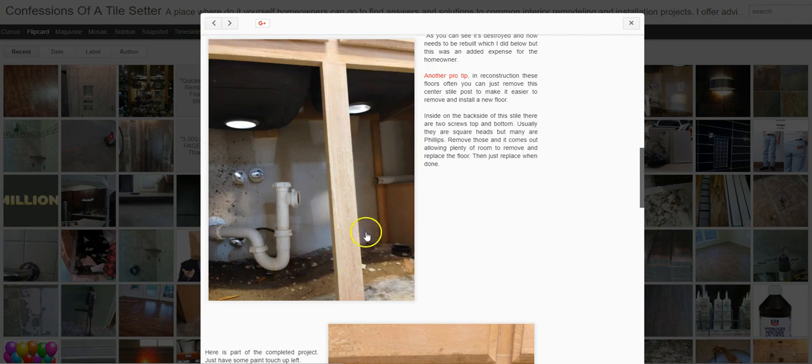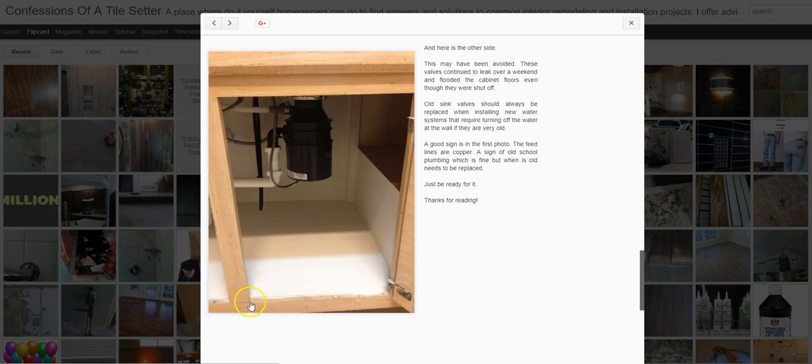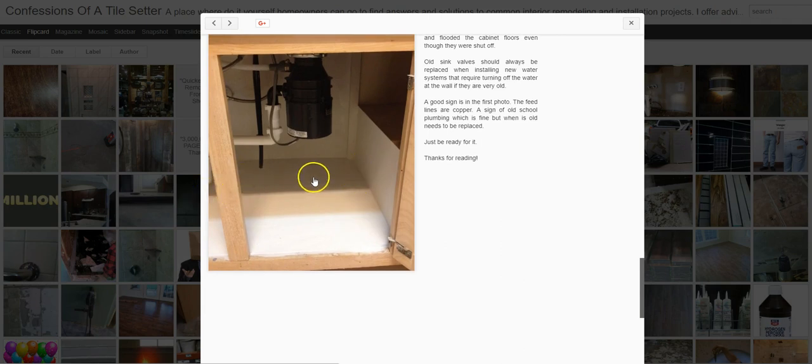So anyway, to replace the bottom of this, like I said, it's not that difficult. What you can do is remove this stile in the middle here, back behind this stile on the inside of the counter. There are two screws, one right beside each other. They've got a square head on them, and they screw into this top piece. Okay, this top member here. And down at the bottom, right here, there are two screws that go in the bottom. So you can back these screws out and back the screws out of the top, and you can remove this stile,